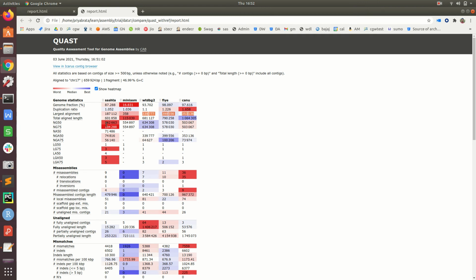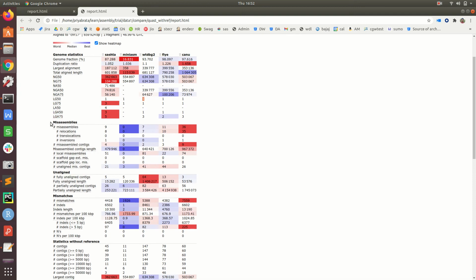Okay, so the NG50 value we can now compare. So now this is comparable, so based on this we can say that this tool performed very well, WTDBG2, because it has the highest value, followed by others, and others also perform well. Okay, similar NG50 value, so LG50 means there is only one contig, so that itself obviously covers 50% of the genome. But the most important thing that one should look at is misassemblies.